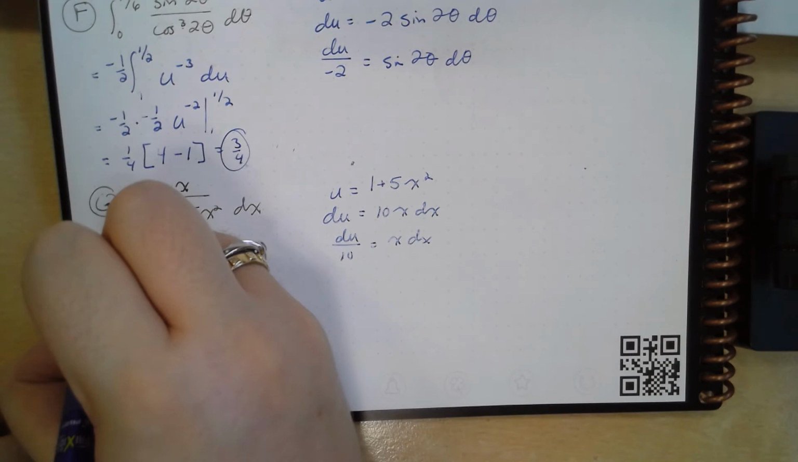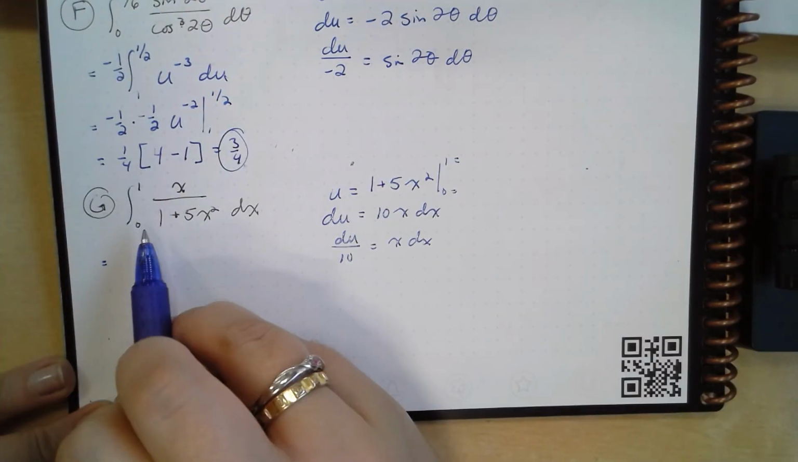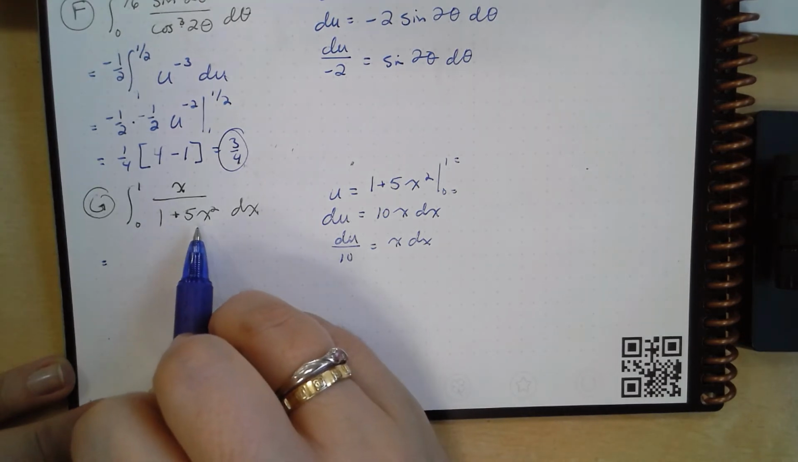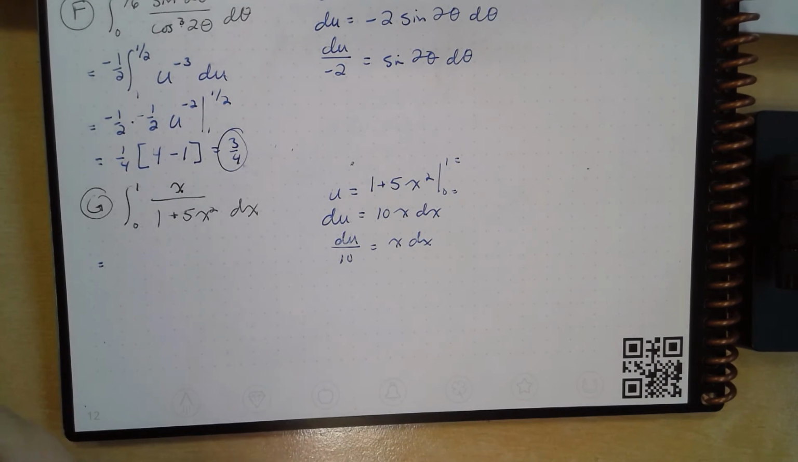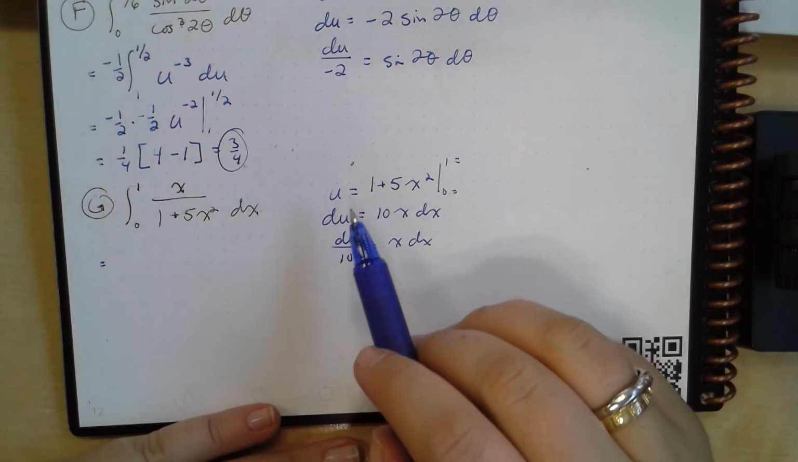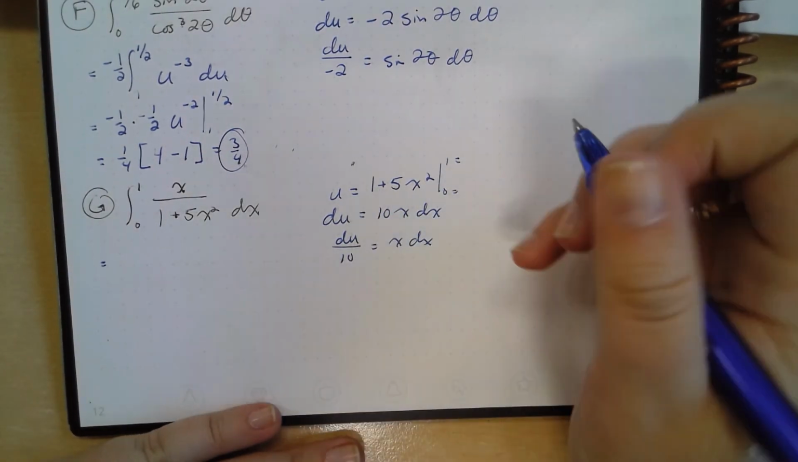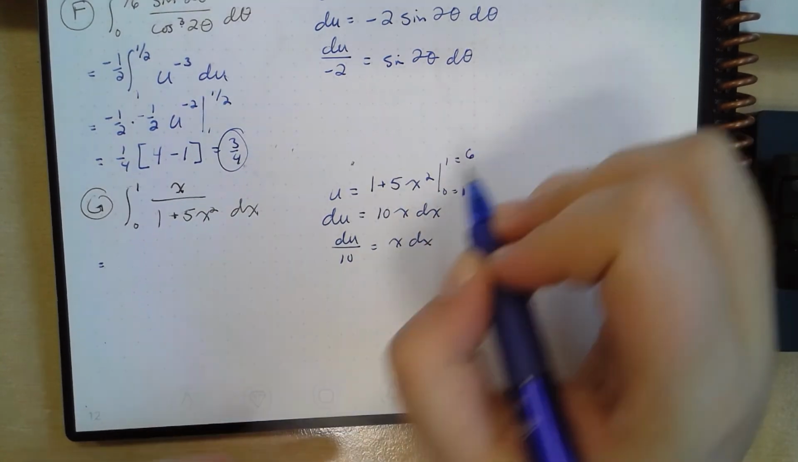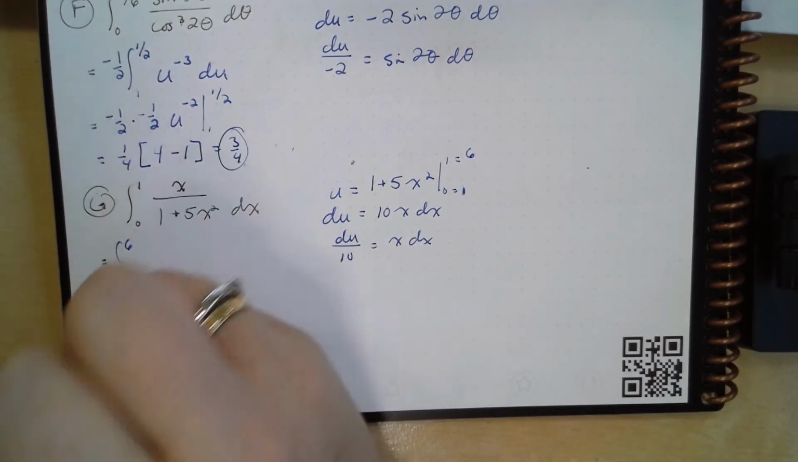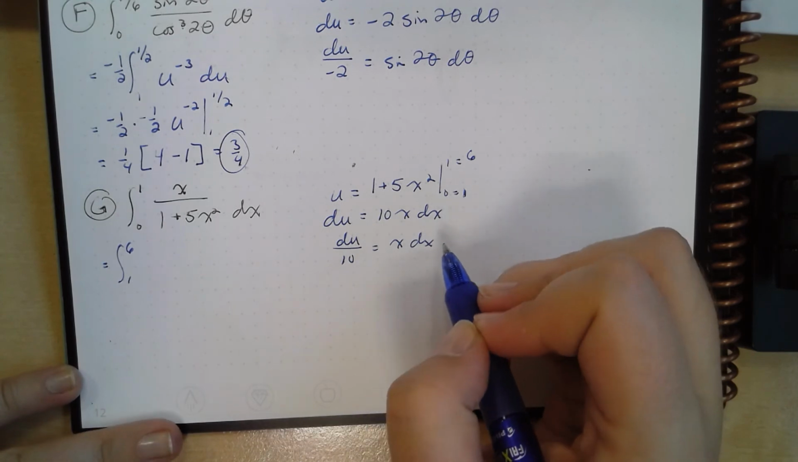Should I change my parameters? I think it's going to make life a little bit easier. So from 0 to 1, if I put in 0, I'm still just going to have 0, right? Or am I? No, that's 1. That's what I meant. Okay. And if I put in 1, I've got 6. Okay. So I have the integral from 1 to 6 of